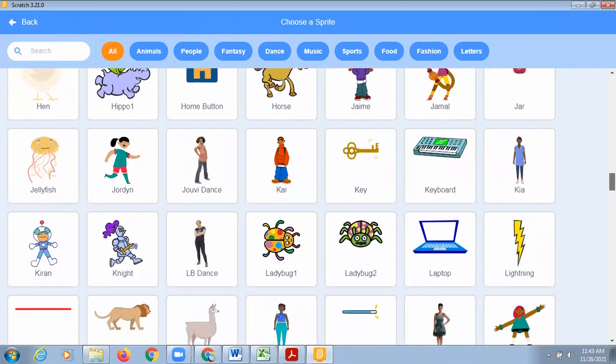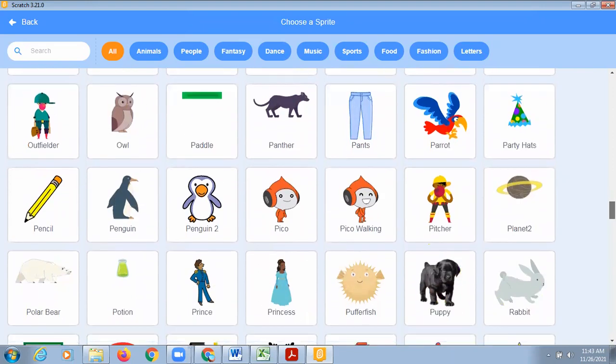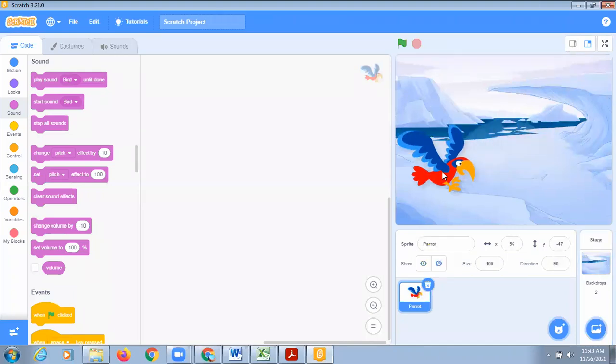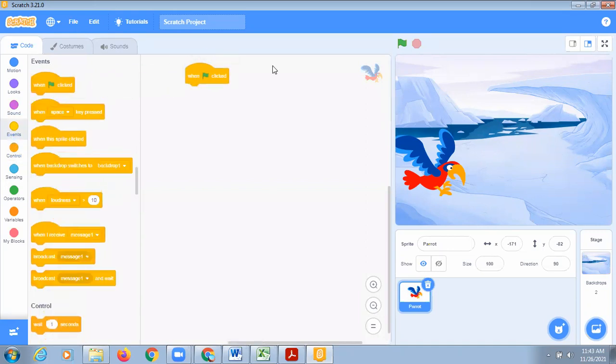You can take any animal of your choice, a giraffe or a lion or anything. Okay, I am taking this parrot. Keep this parrot here. Now we have to do the same thing. First, we will go to the control block, sorry, events block, and we will drag this when flag will be